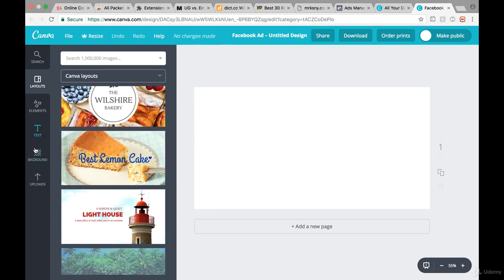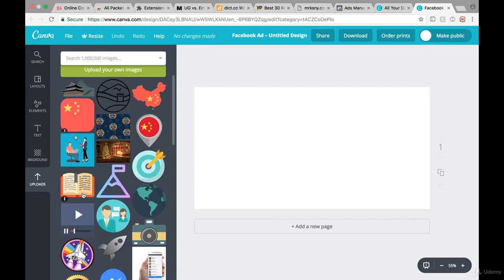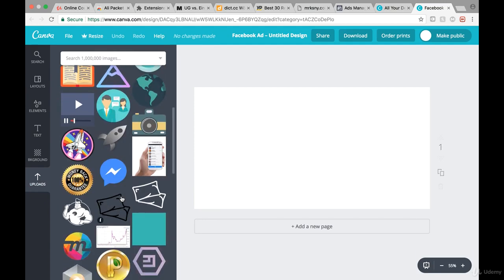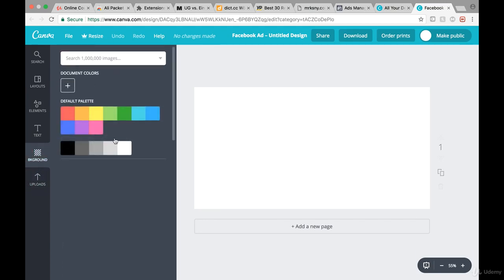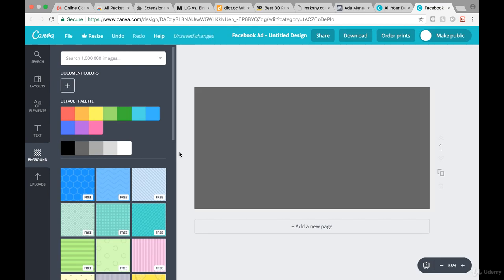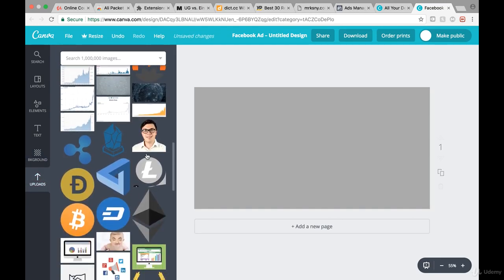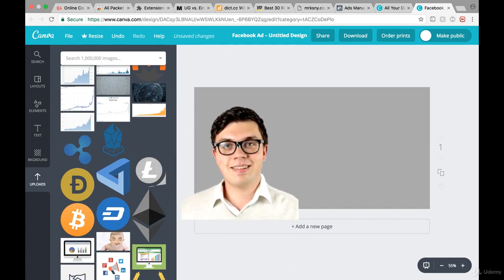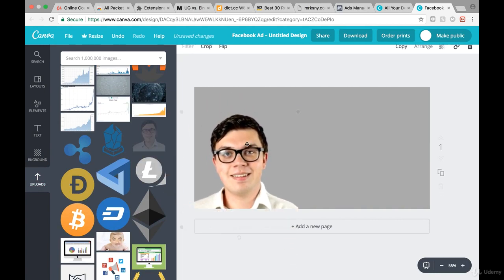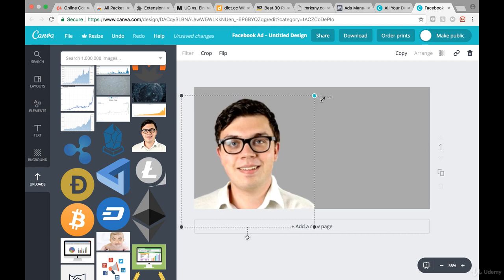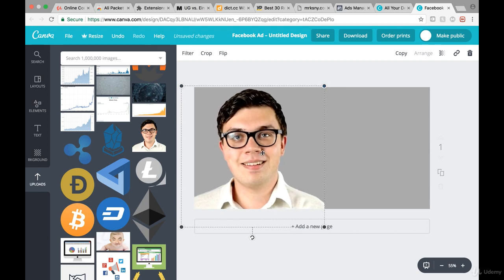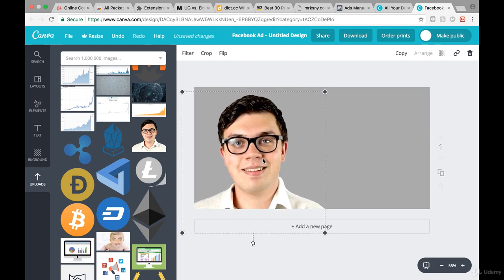So let's see. I think there's no proper template right here. So let's go with some of the images that I uploaded. I'm just going to go for a random image right now. Let's change the background to, let's say, this color right here, or this color. And then we open this one right here, this image, so the people see my face. I always like to show a headshot photo because I think it shows that you're open. So let's leave it like that.